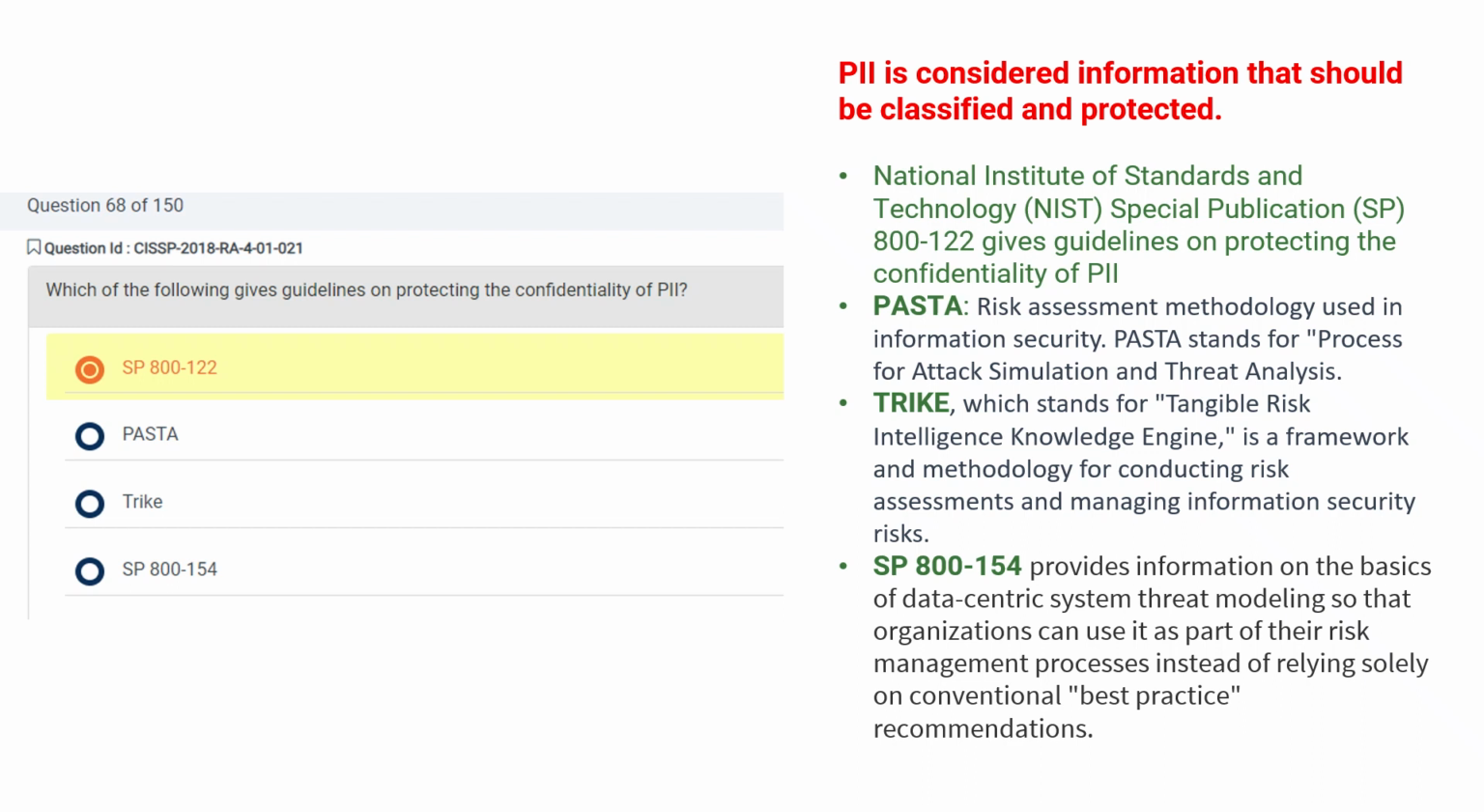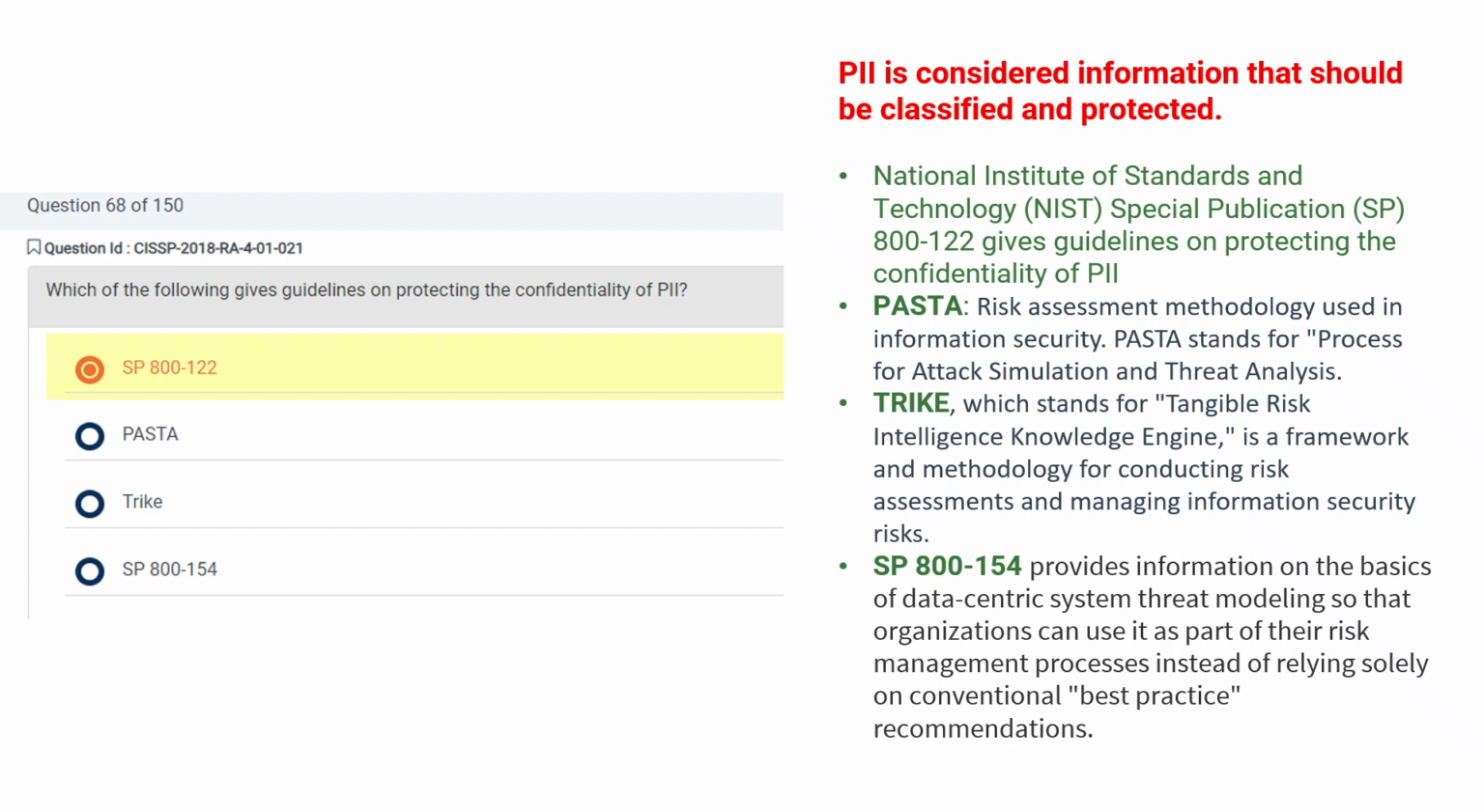PASTA stands for Process for Attack, Simulation, and Threat Analysis. TRIKE, which stands for Tangible Risk Intelligence Knowledge Engine, is a framework and methodology for conducting risk assessments and managing information security risks. And SP